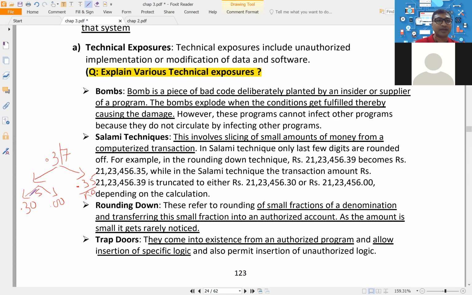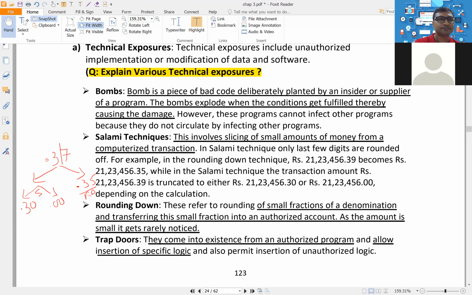Okay. Apart from that, trapdoor is nothing but giving our own address to the hackers, unauthorized persons. For example, visiting porn sites. Visiting porn sites is very dangerous because anyone can hack your system when they have the IP address of your system, correct? When you visit porn sites, you don't know, but facts say maximum porn sites are created by hackers. So when you visit them, actually you are giving your own address to them. Please come to my home, take whatever you want. So that is what is known as trapdoor.